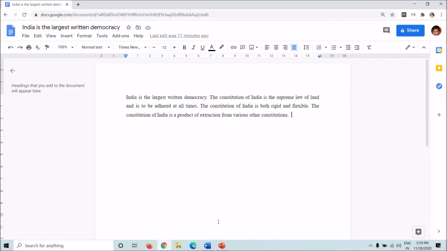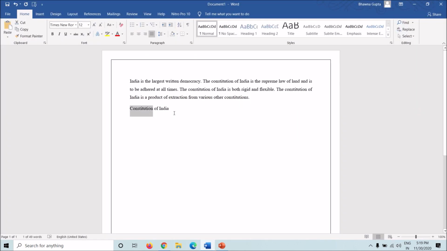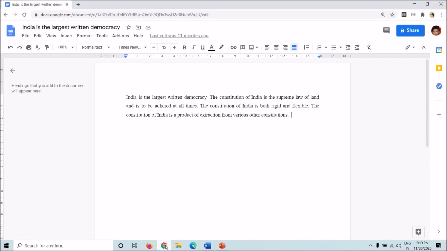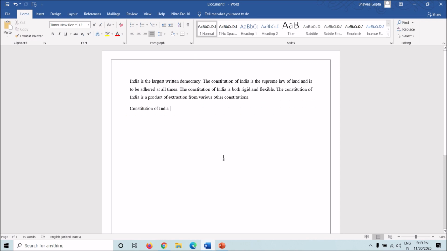Docs does not provide you an option for double strike, strike through, or for small caps, which Word provides. Word also provides you with the option of symbols, which is not absent in Docs, but Docs does not contain a lot of symbols. And so here's how Word provides symbols.